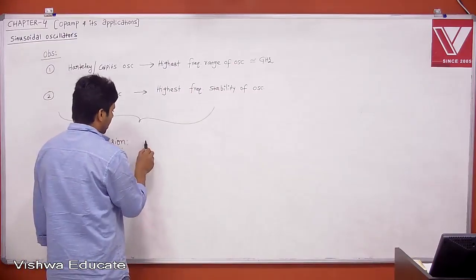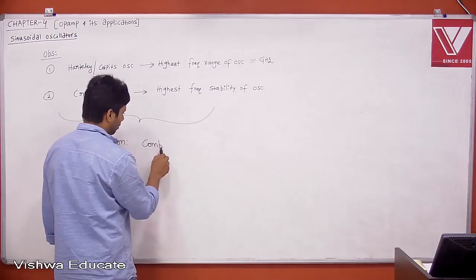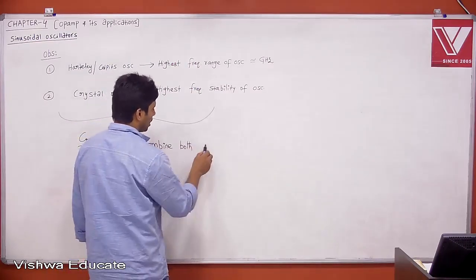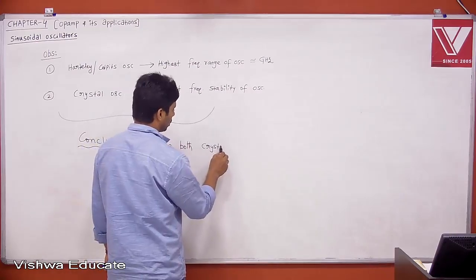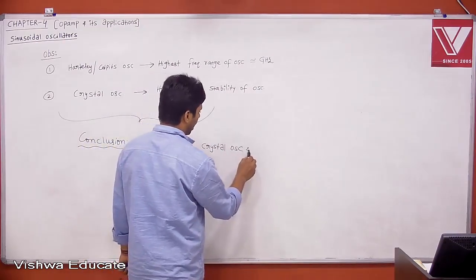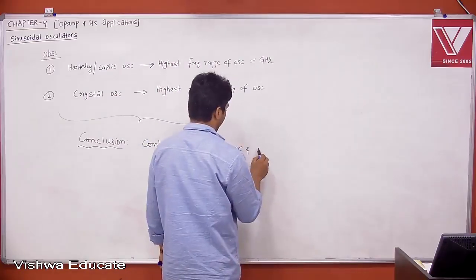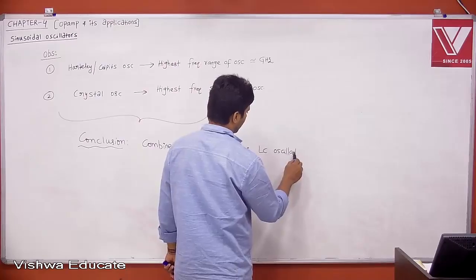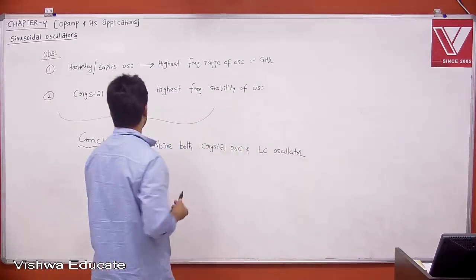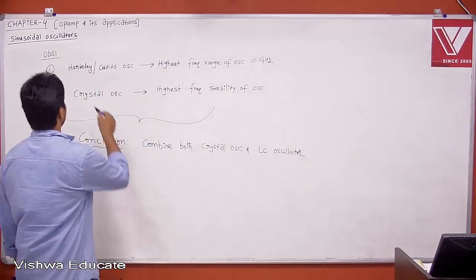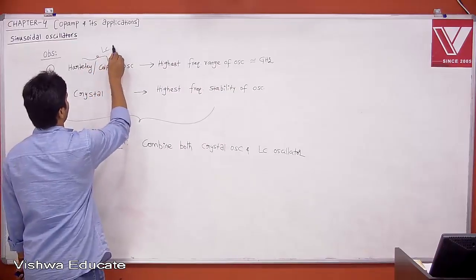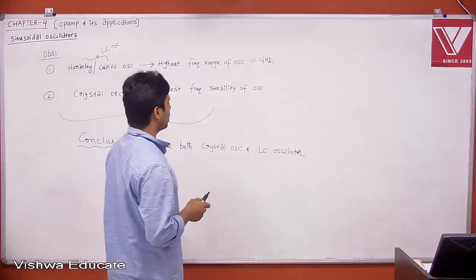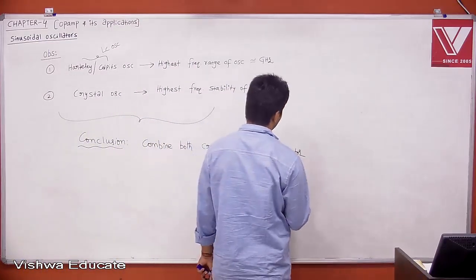Let us combine both crystal oscillator and LC oscillator. People call it an LC oscillator. LC means it could be a Hartley oscillator or a Colpitt's oscillator. This is what people call an LC oscillator, whatever it may be. Combine both crystal oscillator and LC oscillator to get